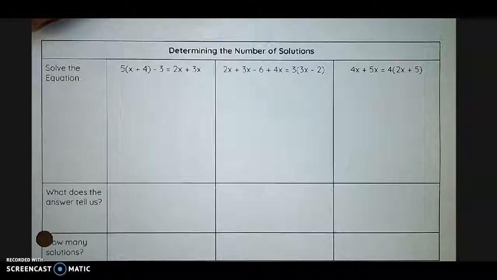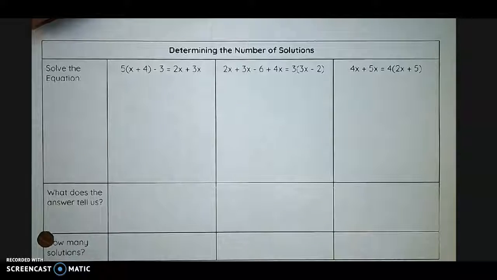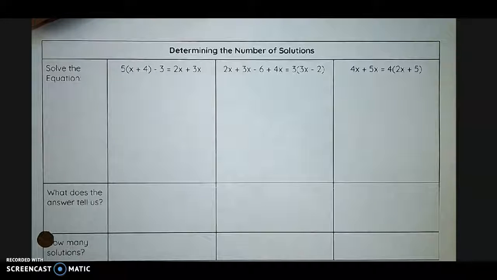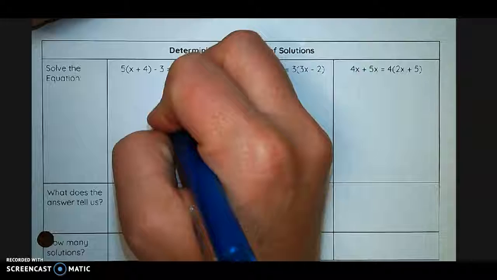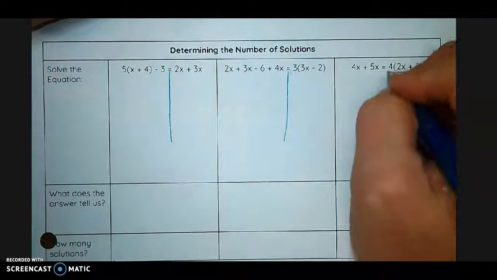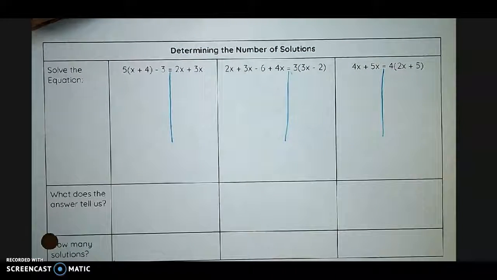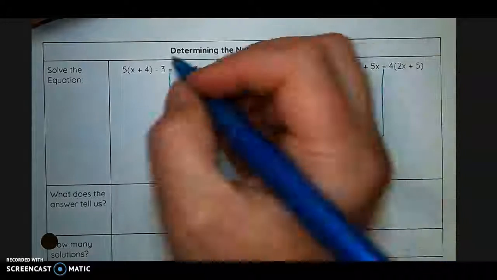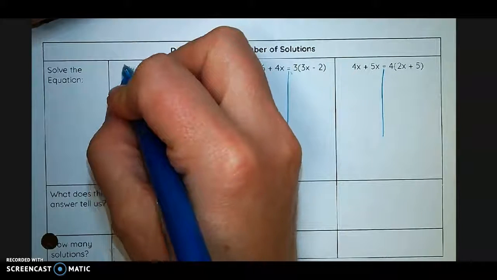So let's take a look, because we might have some times where that doesn't necessarily happen. We're just going to solve these equations the way we've been solving equations. We're not going to change anything about that. So what we have happen here,